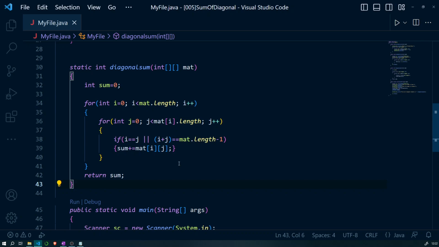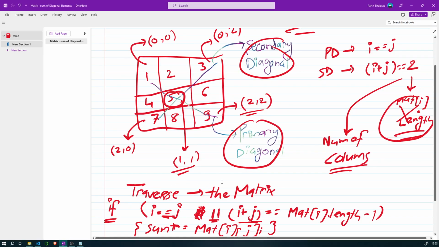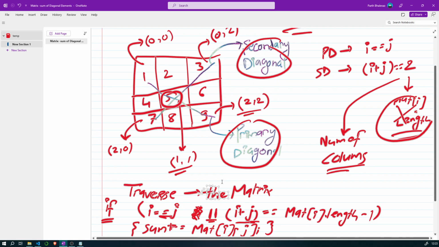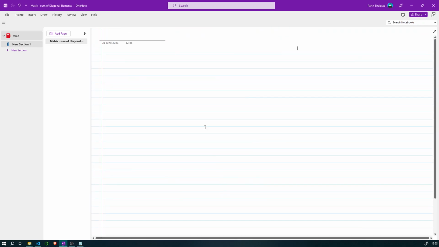Now my question is, is there any more optimized way? Is there anything we can do to solve this question in a more optimized way? The answer is yes, but how? So let's discuss the intuition first, and then see what we can do.